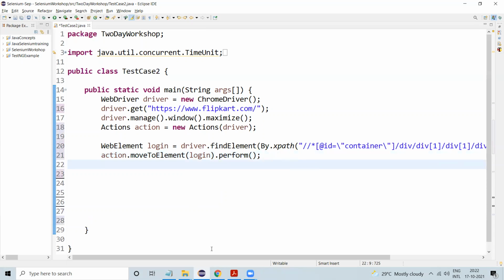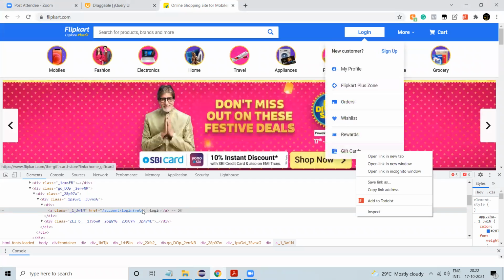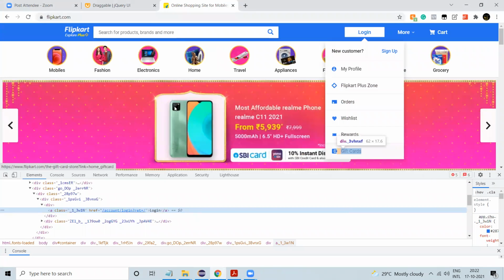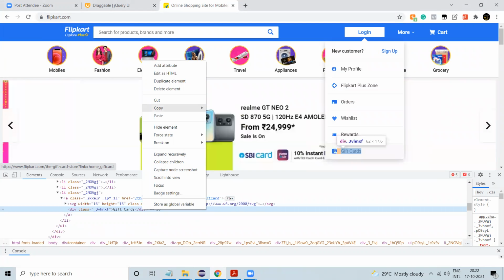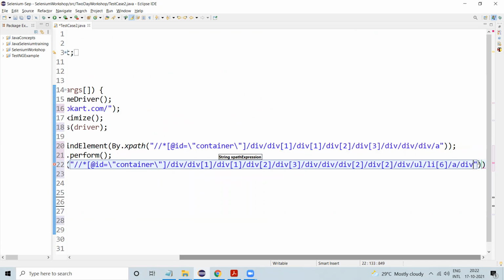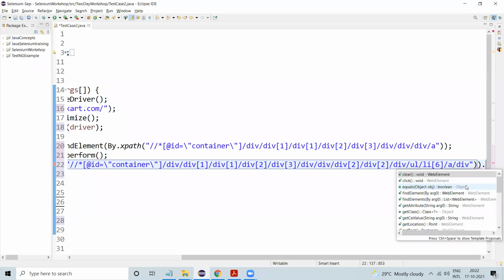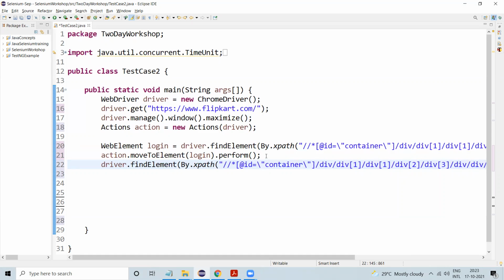Then we need to find the locator of gift card. For gift card, I'll go with XPath. Driver dot find element by dot XPath, and then dot click. This is what we need to do.